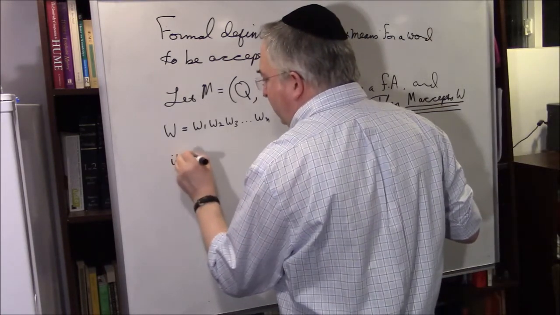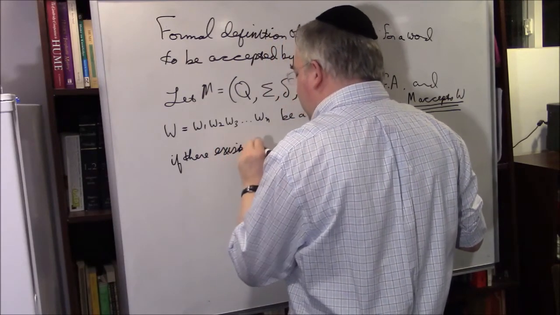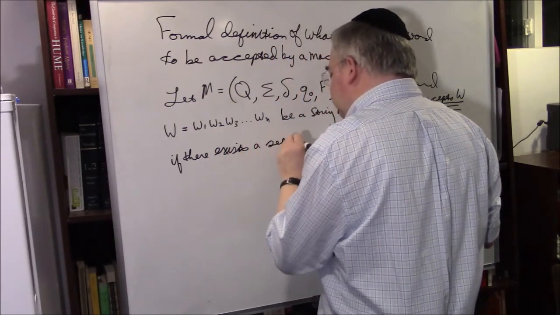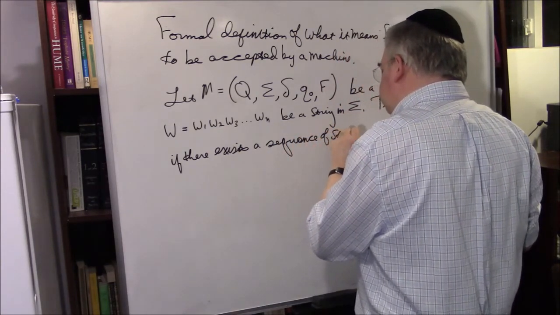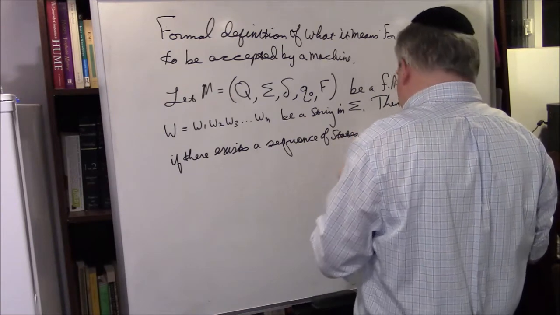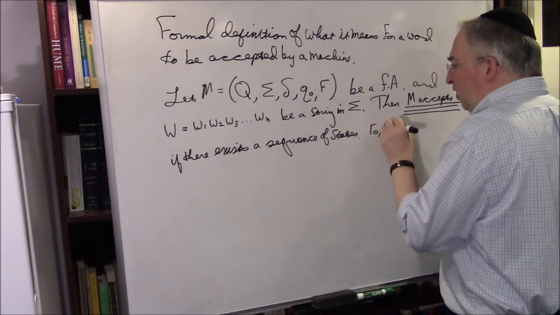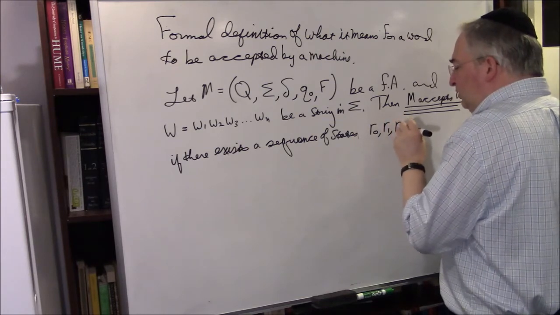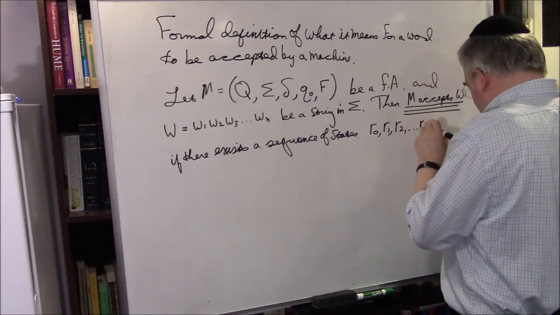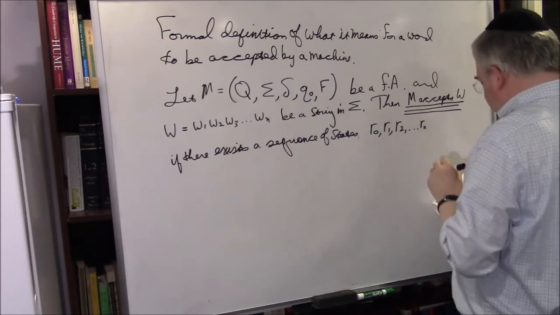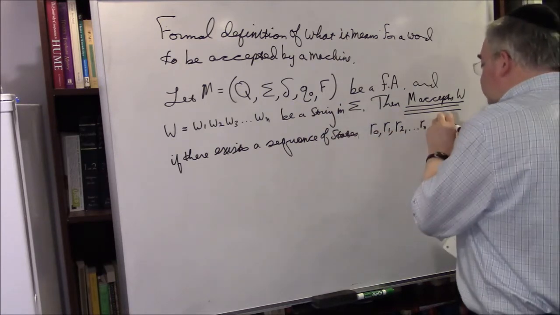If there exists a sequence of states, we'll call the sequence R0, that's the first state, R1, that's the second state, R2, that's the third state, dot dot dot, Rn, that's the nth state, such that,